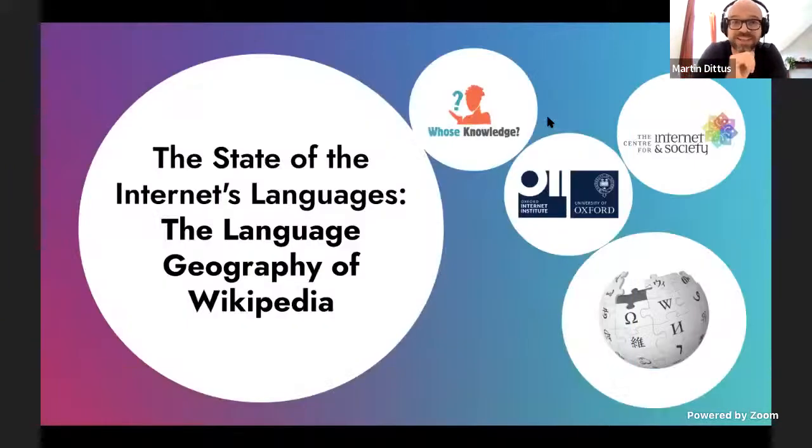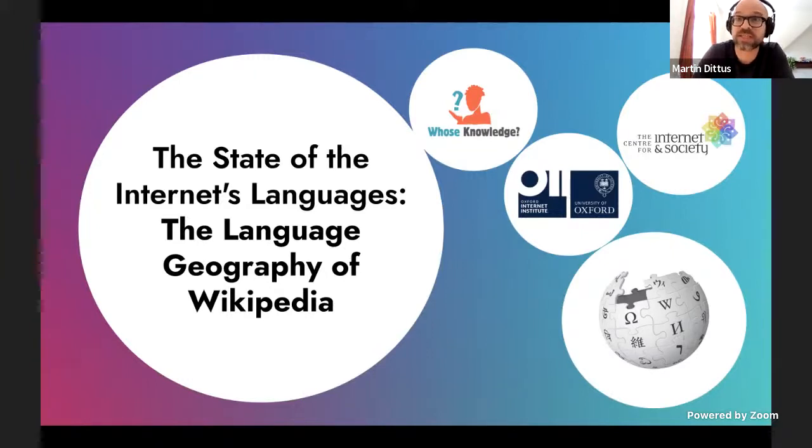Sorry, I just accidentally clicked. So we are here to talk about a project whose knowledge is a nonprofit organization that engages with questions about online justice and online marginalization. They come out of the Wikipedia movement, and they do a lot of work with Wikipedia as well as with other platforms. A few years ago, they suggested it might be worthwhile to create a report on the state of the internet's languages. I'll tell you in a bit why we think that's a great idea. The work I'm about to show comes out of that project and out of this report. The report is now published.